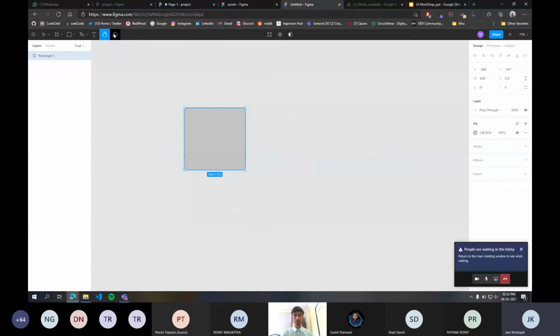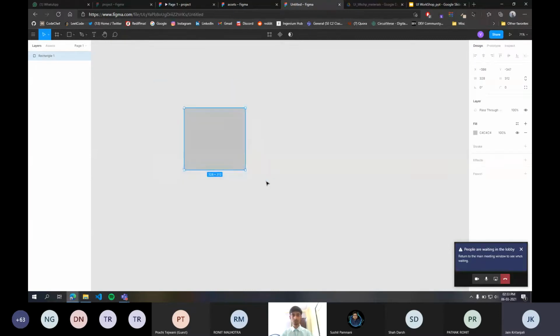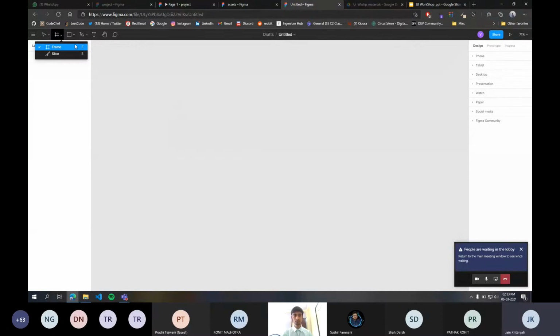The next tool that we have is the comments. In Figma you can collaborate with other designers and make presentations and prototypes. So when you are working in a team, the comment box is helpful, so you can just comment and give feedback on the posts of other designers, so they can just go back to it and check it out. So this was all about the tools in Figma. And yeah, now let's start by designing our first frame, that is the landing page of our website.